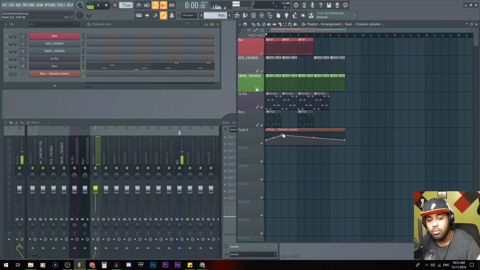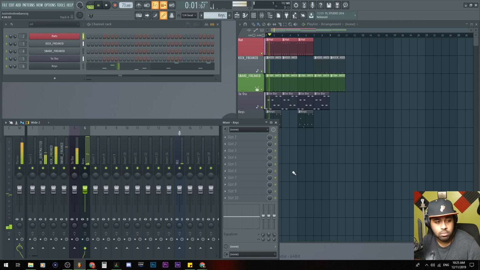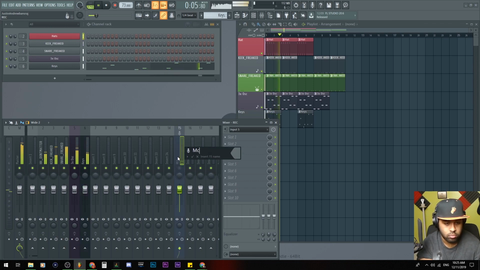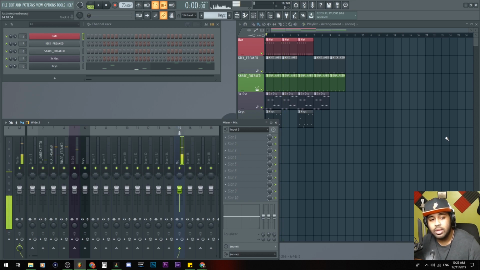It's like MIDI moving, it's not producing sound. So now that we have our 5 sounds tracked into the mixer, and if I hit play, you'll be able to hear and see that the sounds are in their separate spots here.